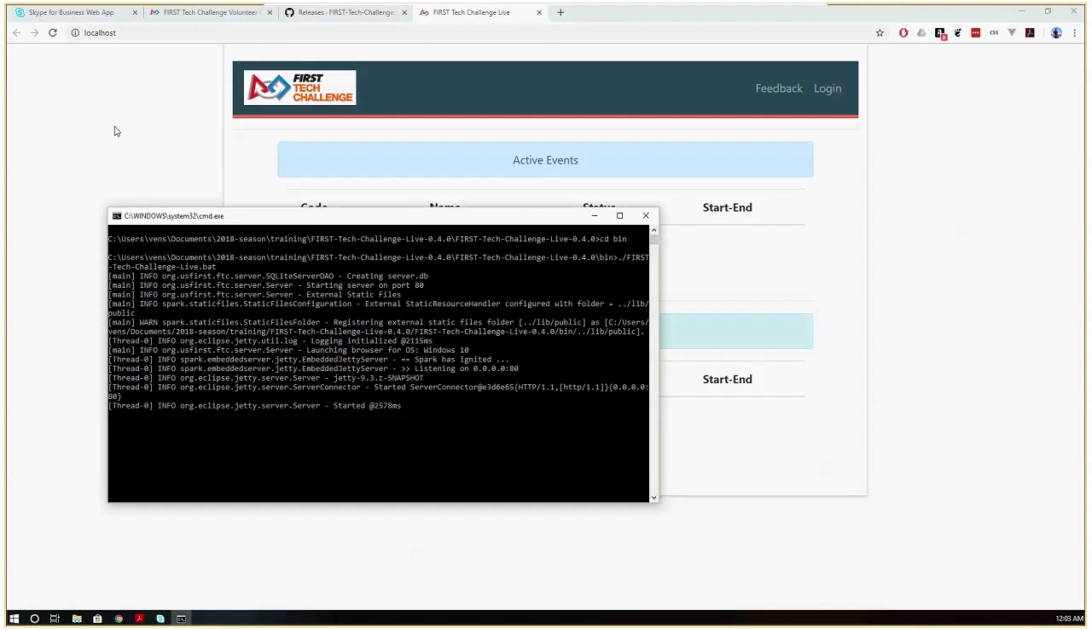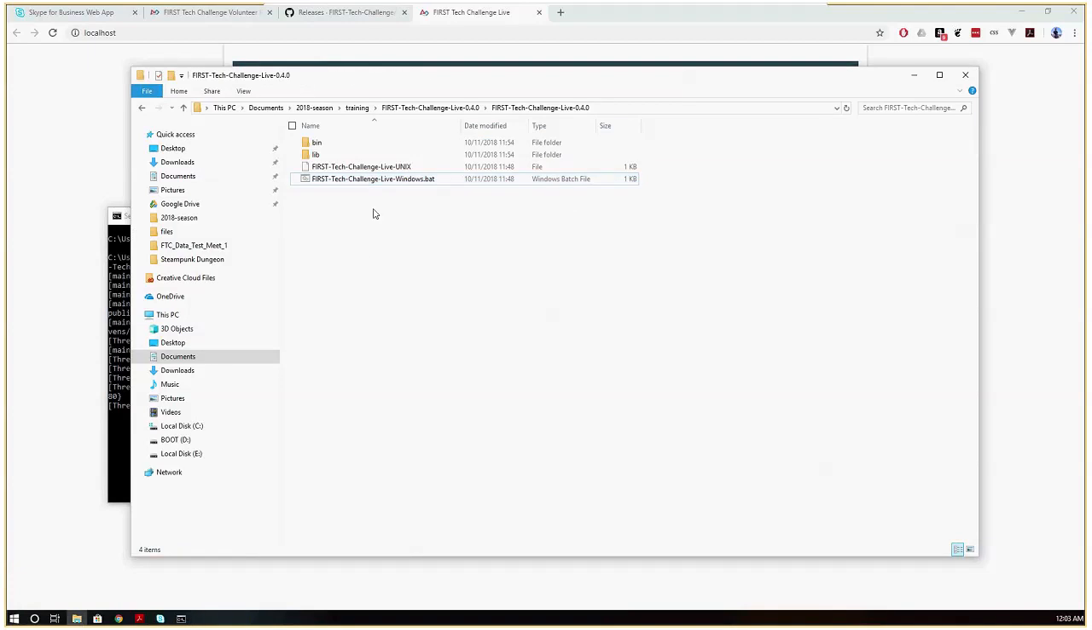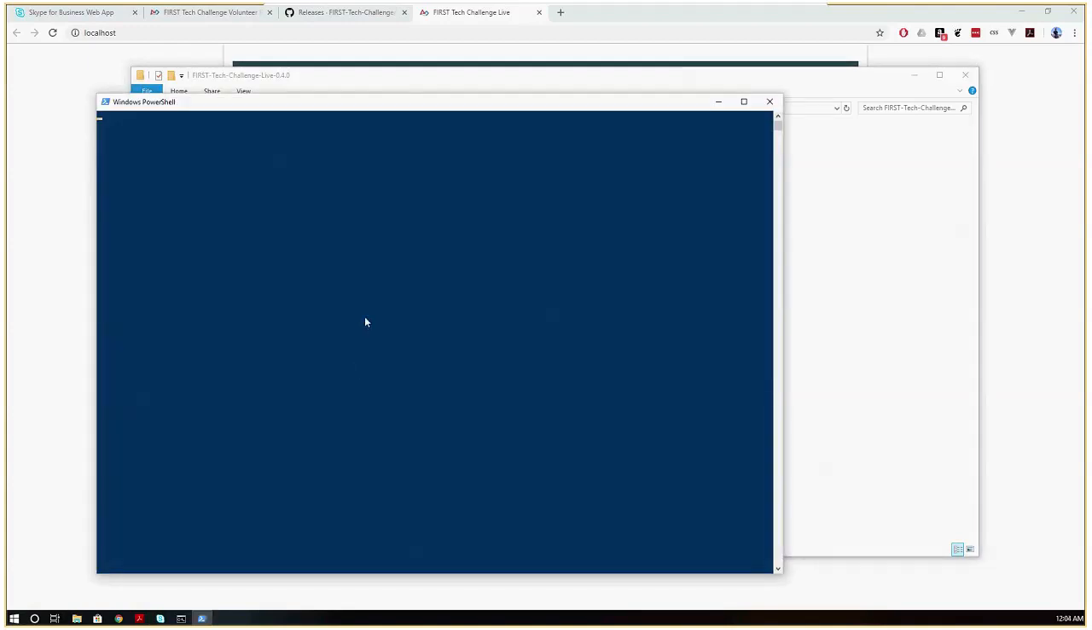One little gotcha there, if it doesn't start or if you're having issues, it's probably because you do not have access to port 80, in which case you need to start it at a different port number. And the way you can do that is come in here and shift right click, so that's press the shift key plus right click, and open command window, or in my case open PowerShell window,